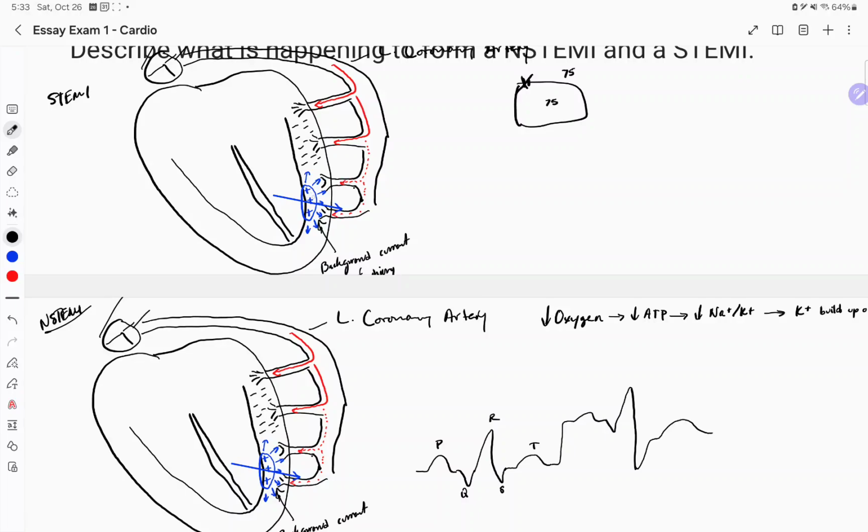So you have all these negative cells here. They're sending out these positive charges on the outside because the inside's negative. Because you have this potassium that's leaving the cell, but you don't have more potassium coming in. And so as more cells die, you have these positive charges out there. And that's going to be